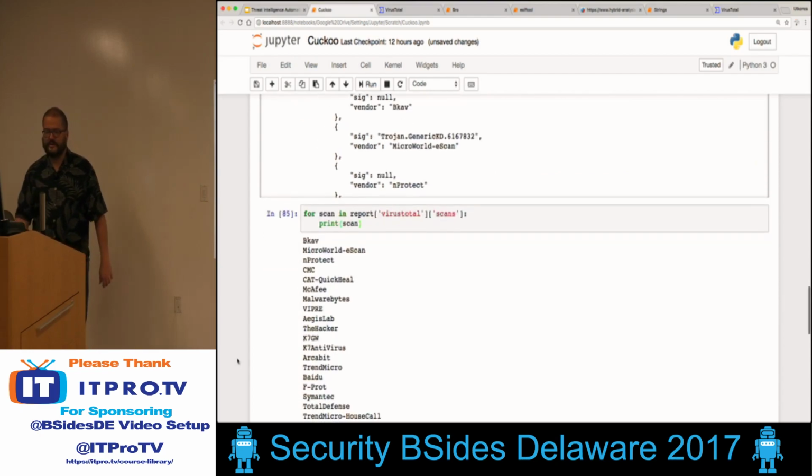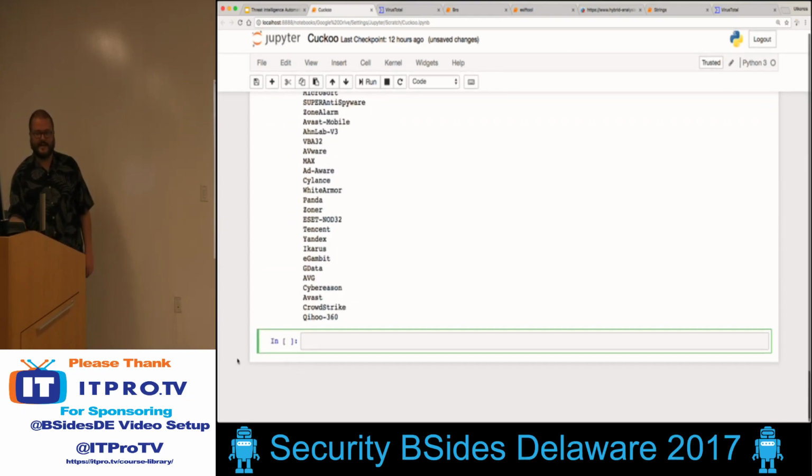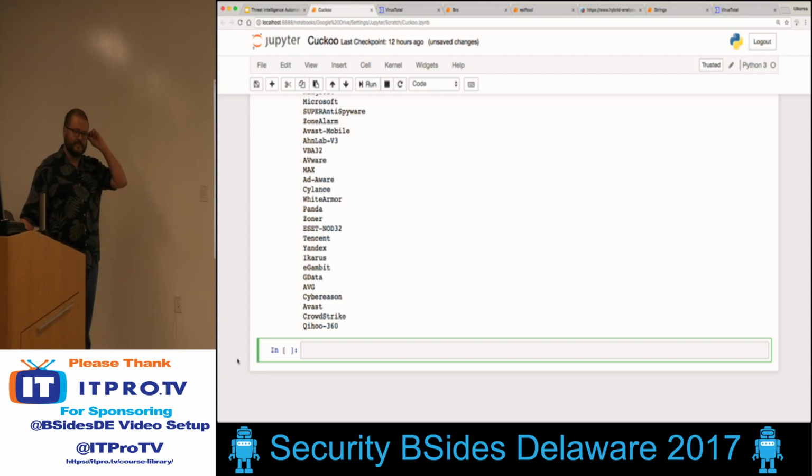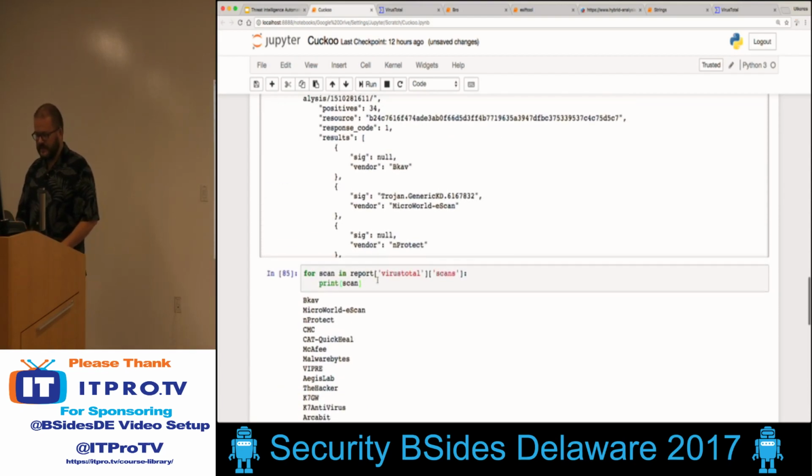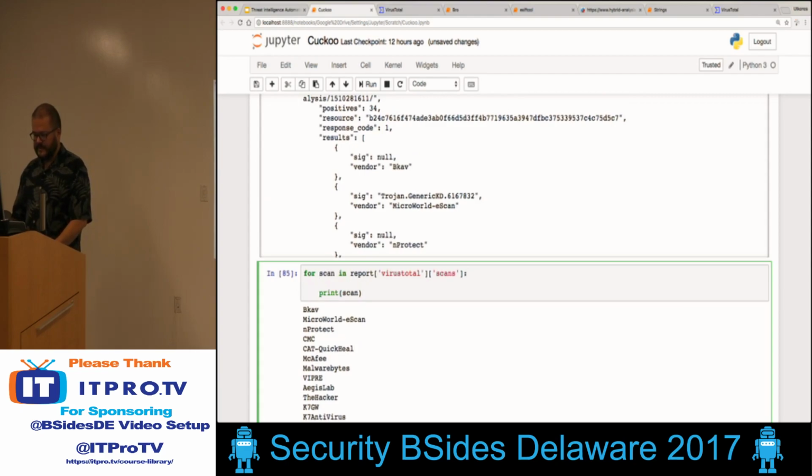All right, so we've got all of these scans. There's a lot of different things that this was scanned with, but we want to focus on just the information that is important to us. So we want to get rid of all of that null data. And so what we would do is say, if